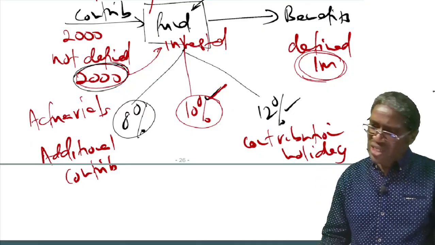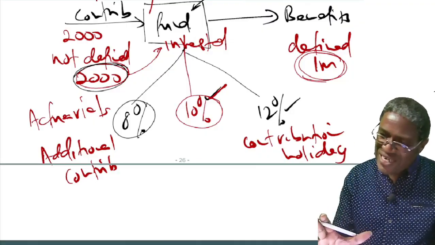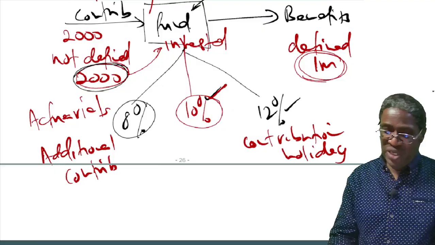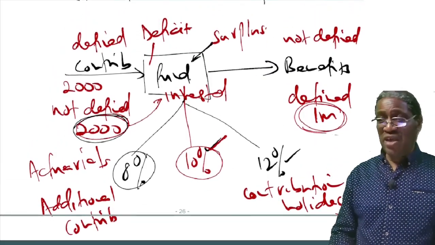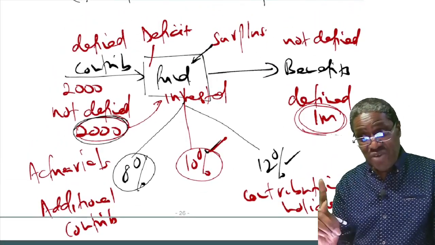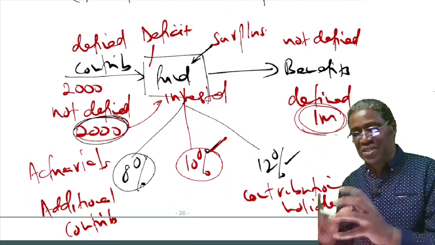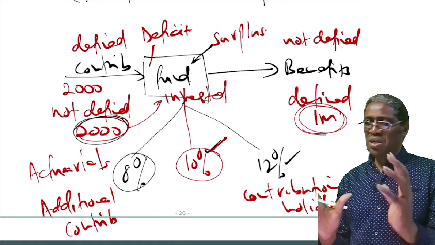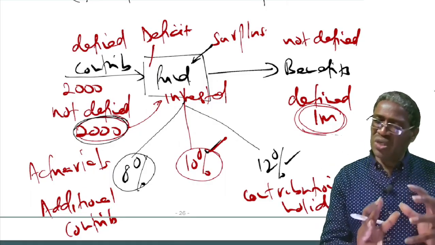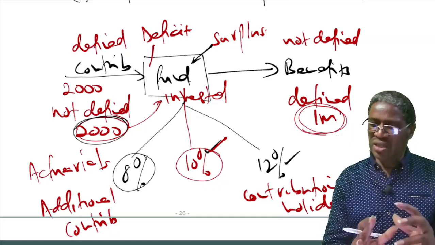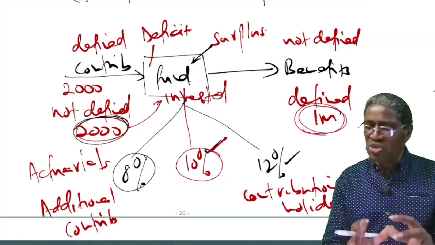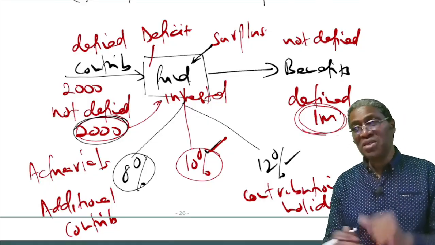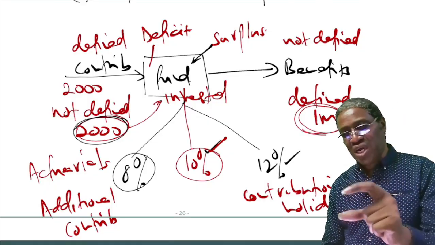Good. So that's how a defined benefit scheme operates. It's a bit more involving than the defined contribution. I have told you, in a defined benefit plan, the benefits are defined. You can't change the benefits. But the contributions are not defined. I have said the contributions are set at such an amount that is expected to earn enough return to meet